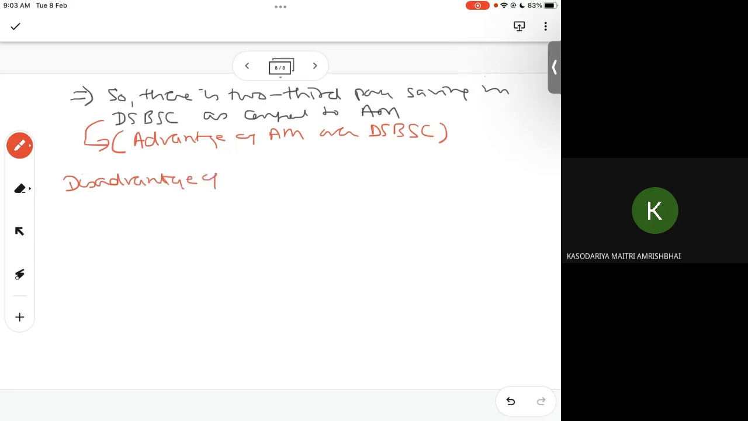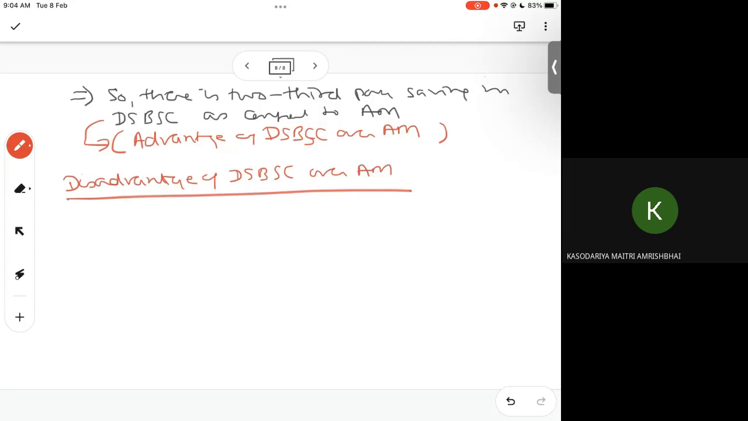Oh, sorry. This is the advantage of DSBSC over AM because I am getting sufficient saving. But what is the disadvantage of DSBSC, double sideband over AM? Because now you have to suppress the carrier. You have to suppress the carrier and you need a complex circuitry. So that is one. But the main disadvantage which I say is that the resultant